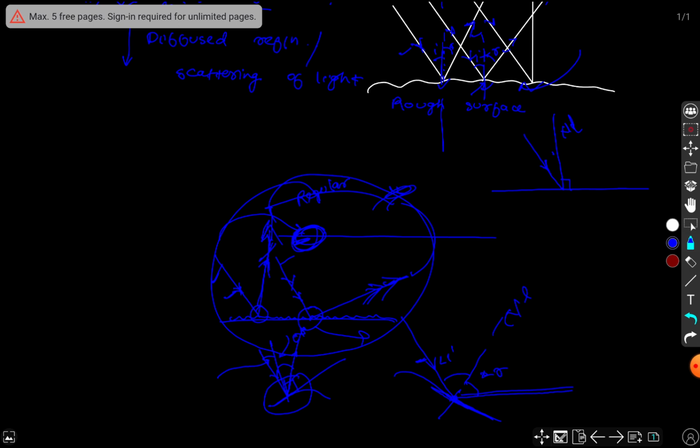Now in our next class we will be dealing with the plane mirror, the image formation in case of a plane mirror, properties of plane mirror, properties of the image formed by a plane mirror, and all that. But till then,